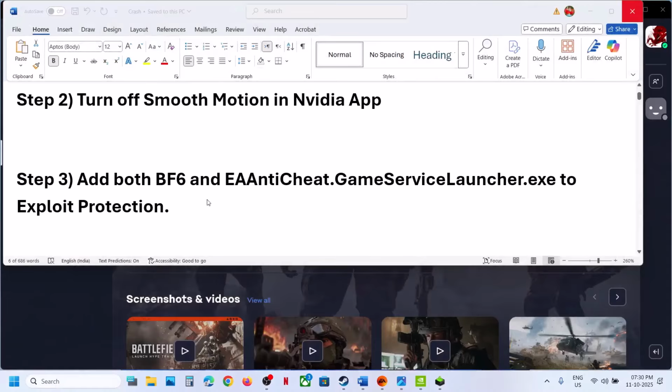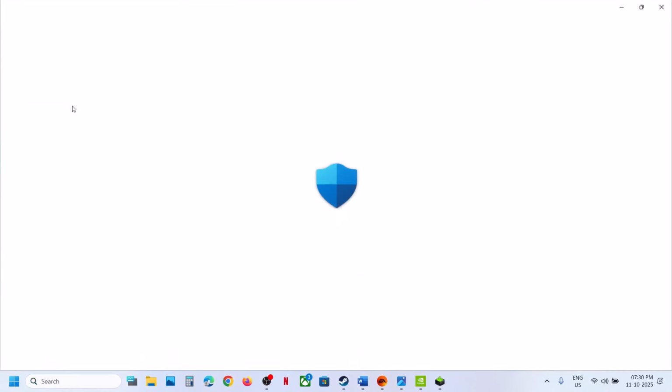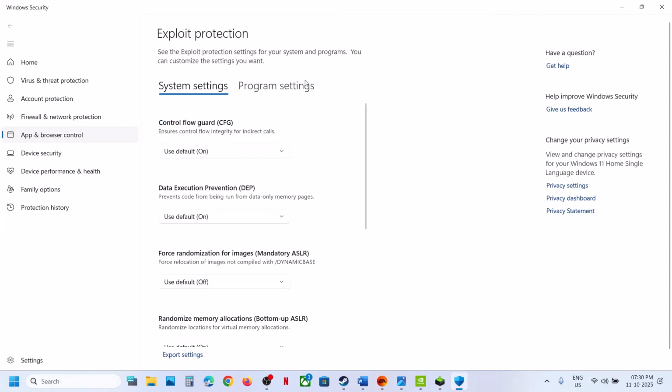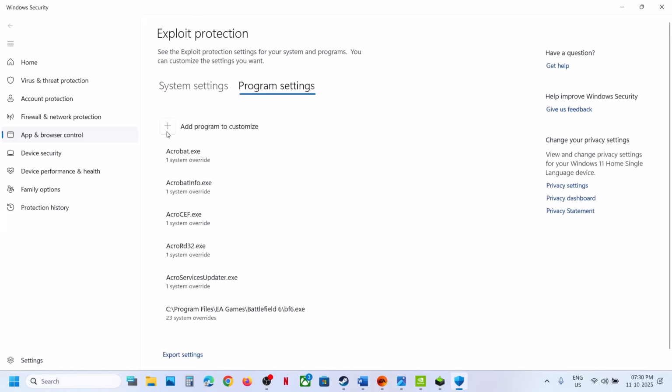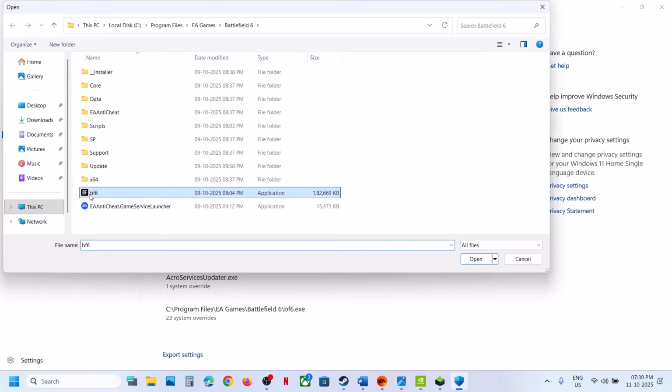Next step is to add the BF6 Battlefield 6 exe file and EAAntiCheat.GameServiceLauncher to exploit protection. Now for this, you can type in exploit protection in the Windows search box, and then click on exploit protection over here. Go to program settings, and then click on add program to customize, choose exact file path, and then select